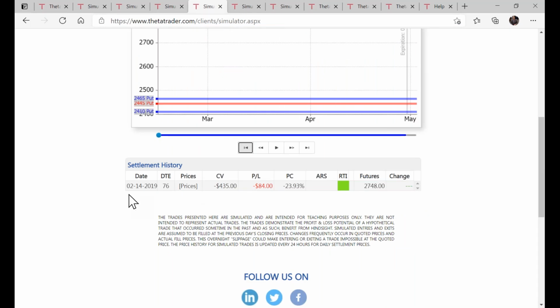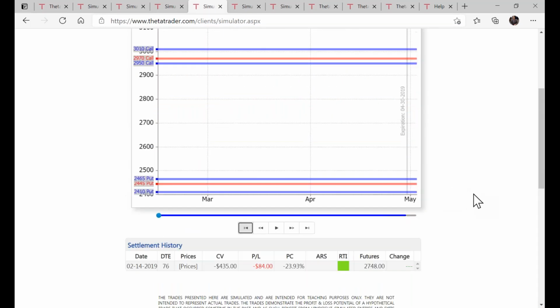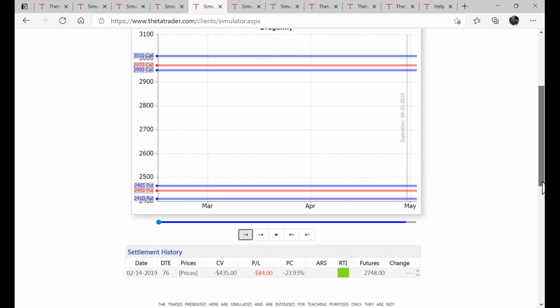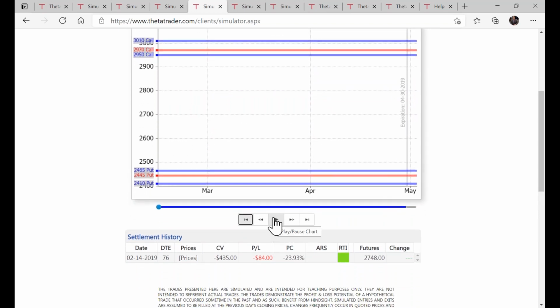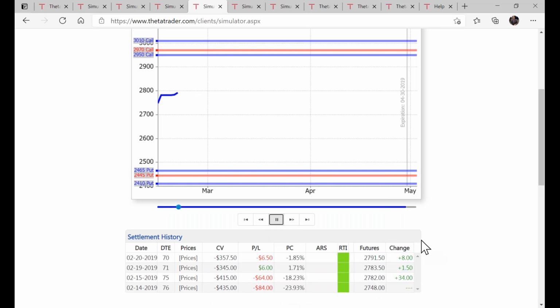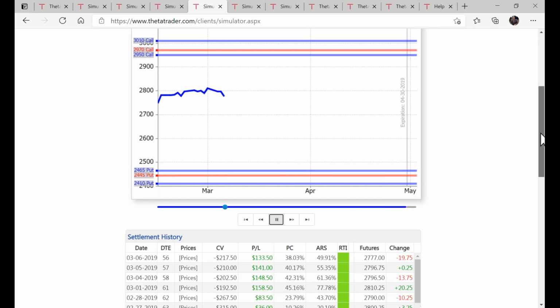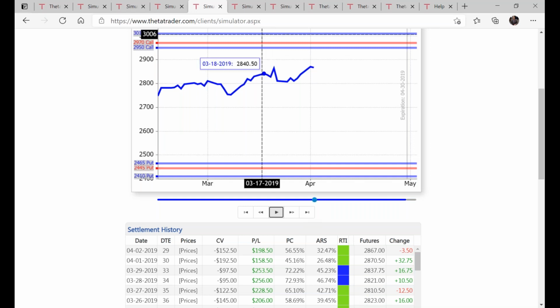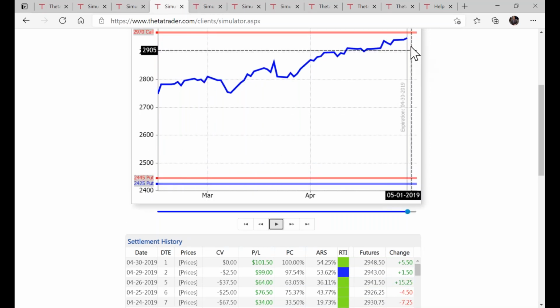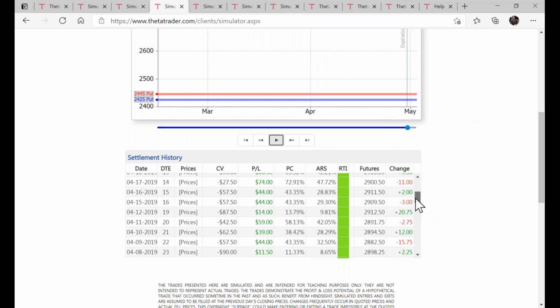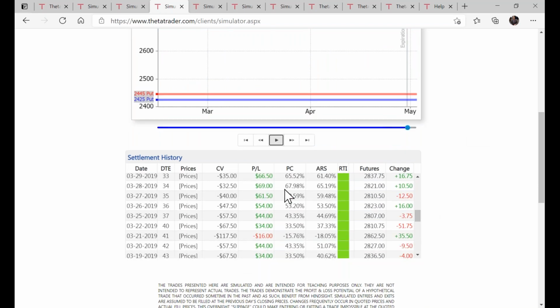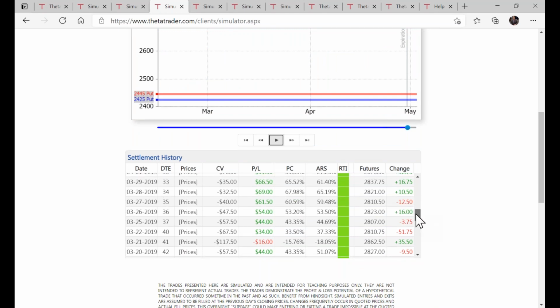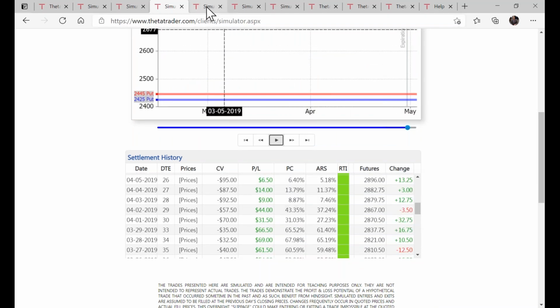Now, if you had done on the same day, Valentine's Day, a dragonfly into month April, same thing, instead of a condor, you do a dragonfly. Look at that. On March 28, you were able to take profits on that trade. Remember the condor? You had to wait till almost the last day. So March 28 here, the condor was still not at a level where it generated a blue profit taking signal,